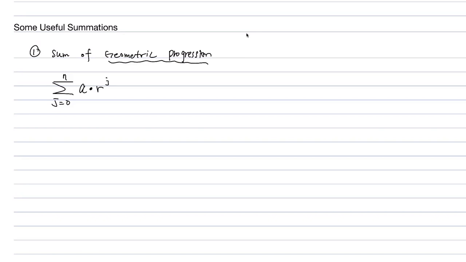So right here it really just means I'm going to have a times r to the 0 plus a times r to the first power plus a times r squared plus dot dot dot until we get a times r to the nth power. Which is a plus ar plus ar squared plus dot dot dot plus ar to the nth power. So for my formula for this one right here, my summation of ar^j will equal to,